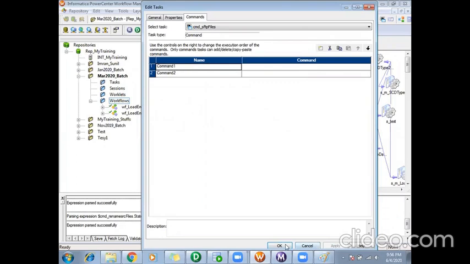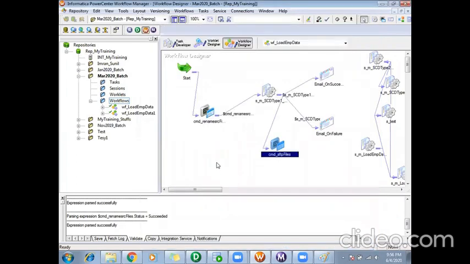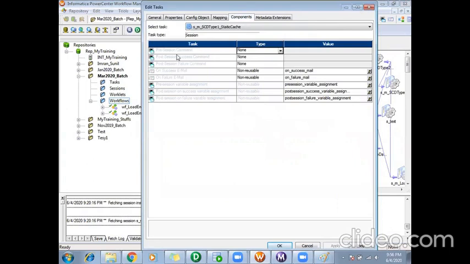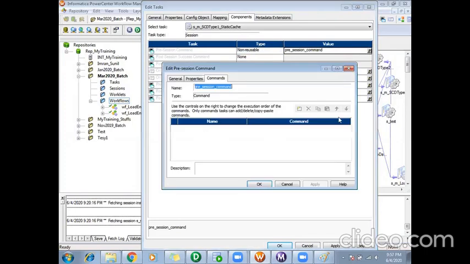Okay, the same command task, instead of using it explicitly as a command task, I can do it in my session. In each session, if you go to components, we have this pre-session command and post-session success command. If I select this, reusable or non-reusable, anything, it will open the same command task here.